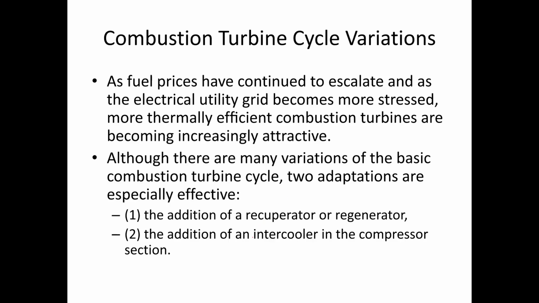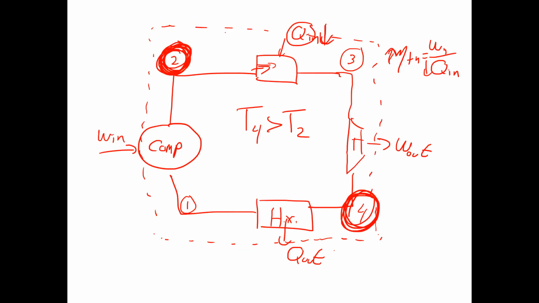Another variation, which is different, is something called an intercooler. Now, instead of, for example, taking this work in right to the compressor and increasing from P1 to P2, what I can do is break up that compressor process. So again, instead of having P2 over P1 as a compression ratio, I can actually split this into a two-step process. So I can have some sort of intermediate pressure